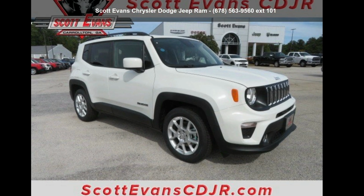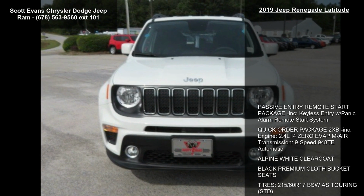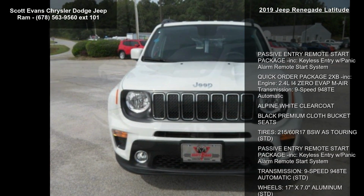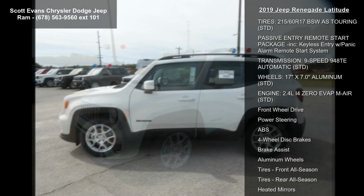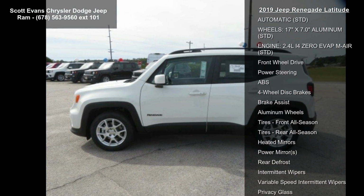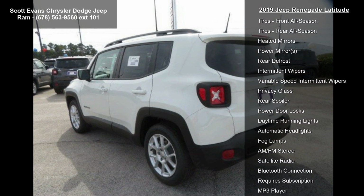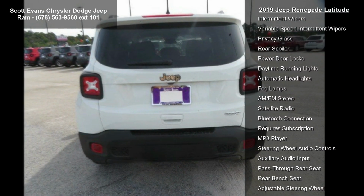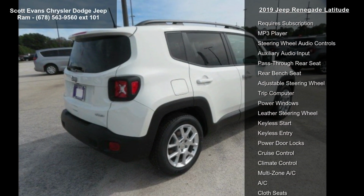Presenting the Jeep 2019 Renegade Latitude. This may be the set of wheels you've been looking for. Some of the top features included with this vehicle are passive entry remote start package included, keyless entry with panic alarm remote start system, quick order package 2XB included, engine 2.4 L I4 MultiAir, transmission 9-speed 948TE automatic,